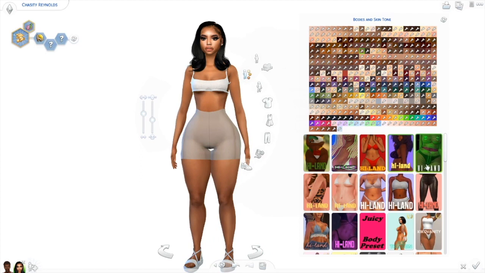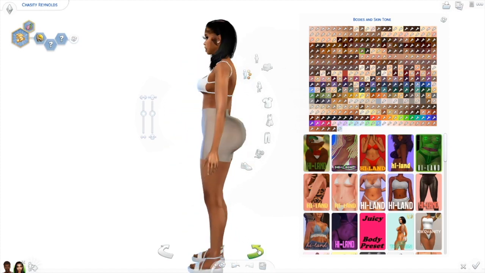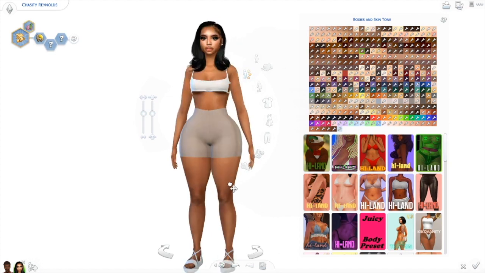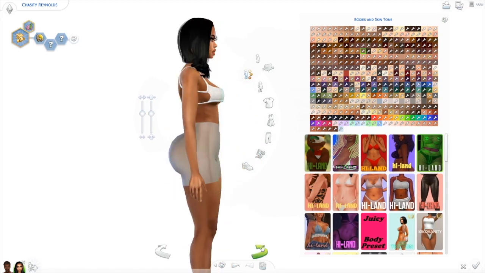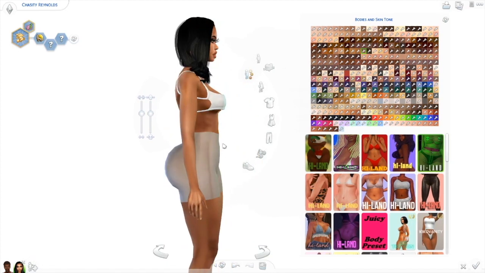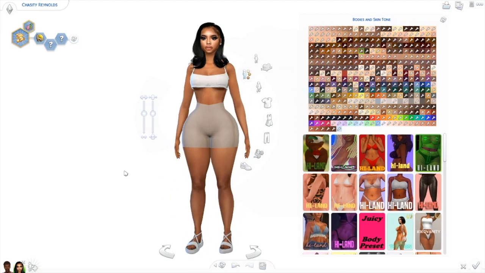Now this one, I forgot what it's called. I think it's called Megatron, and it's more so like a really thick body preset. But use sliders. Now I wouldn't make her that big, but shrink the waist, make the stomach just a little flatter, chest a little bit bigger, move up the chest. Yeah, so